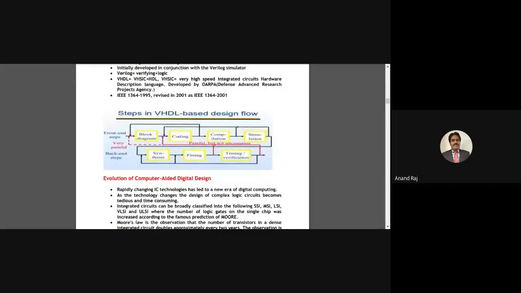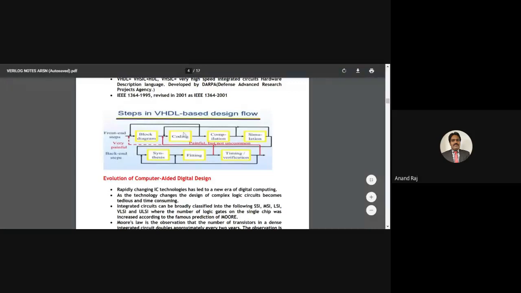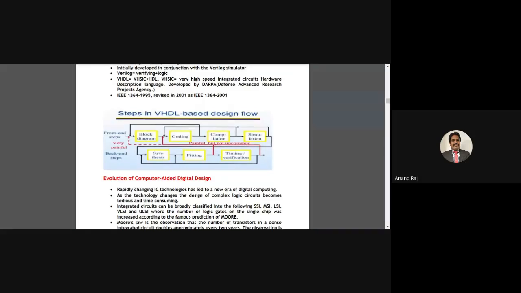Then you have simulation. So after simulation, we'll go with synthesis. Synthesis means just like what you have rigged up in your logic design lab. You are having the components. From those ICs, you gave the VCC, you gave the ground, you gave the logic switches as the input.